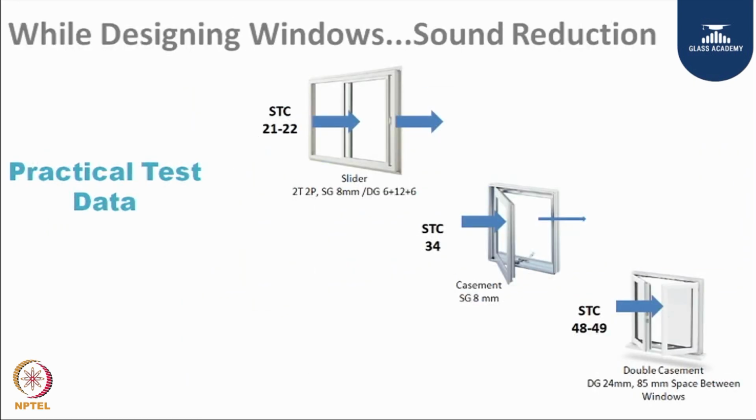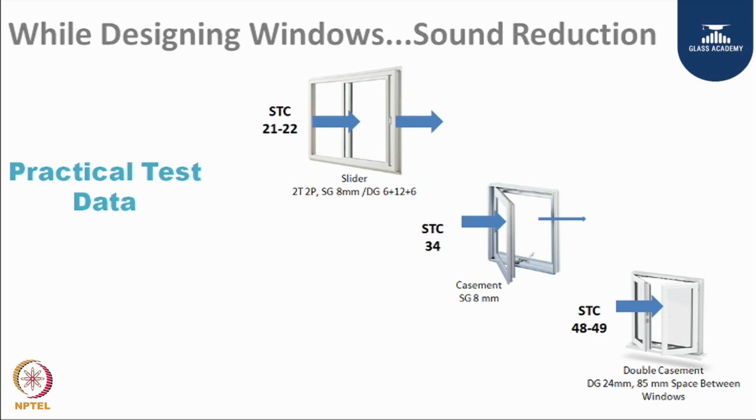Now, when we talk about insulation parameters for sound or noise, the easiest way to compare different materials is the sound transmission class. So, whatever building material is being used in the construction, they are all classified by a sound transmission class. And in windows, whether it is sliding, casement or double window, the STC can be evaluated. As a composite product, when you have the windows installed in an aperture with different types of glass, the slider has the lowest STC, which is around 21 to 22.